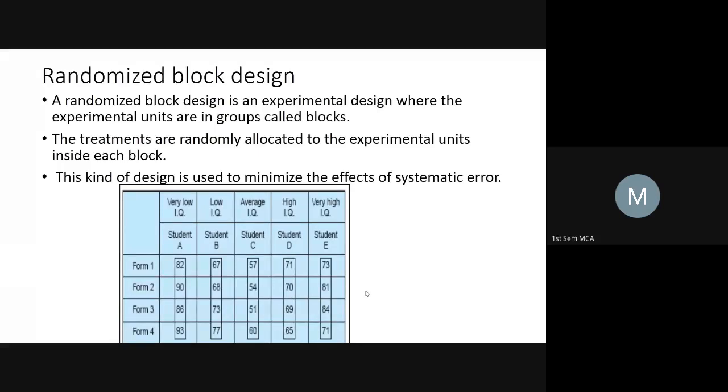Now, for each student, I will take the marks obtained in programming, the marks obtained in database, the marks obtained in software engineering, and the marks obtained in operating systems. So I'll make four tests, and all 50 students will take all four tests. That means there will be 200 answer scripts. There will be 200 Google Forms or 200 tests, 200 answer scripts.